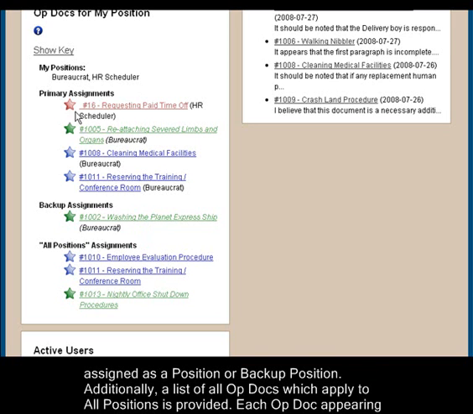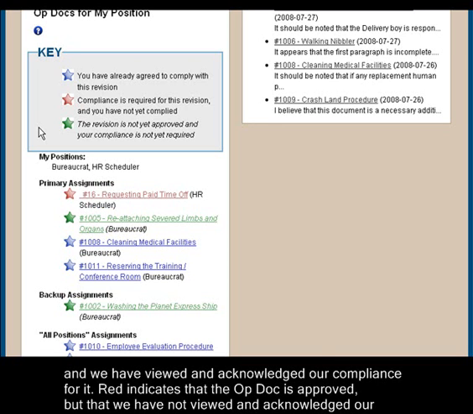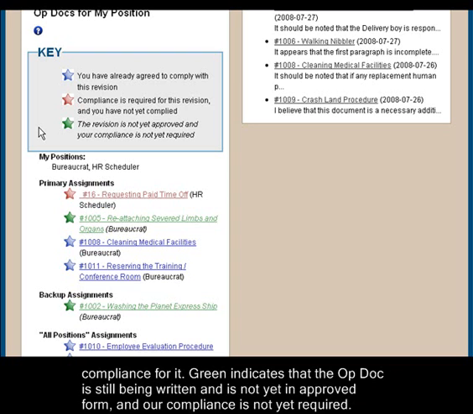Each OpDoc appearing in these lists is color-coded. Clicking on the Show Key link reveals a key for the color coding. Blue indicates that the OpDoc is approved and we have viewed and acknowledged our compliance for it. Red indicates that the OpDoc is approved but that we have not viewed and acknowledged our compliance for it. Green indicates that the OpDoc is still being written and is not yet in approved form, and our compliance is